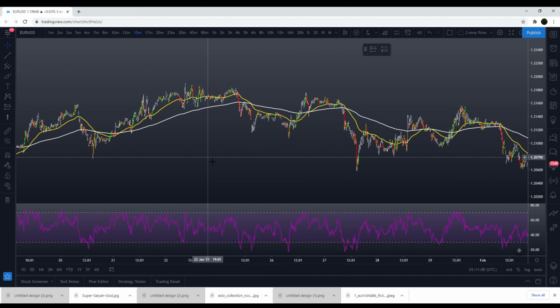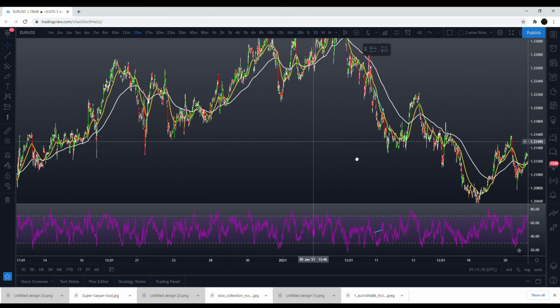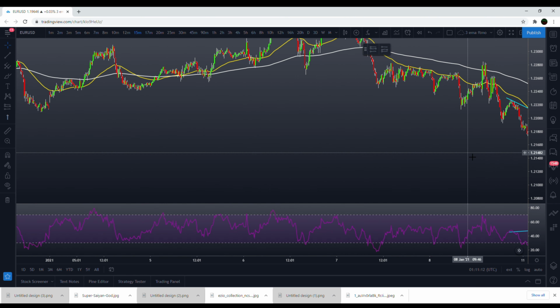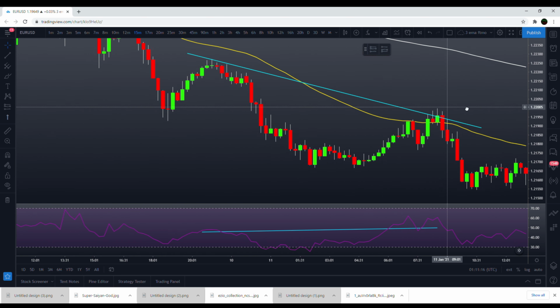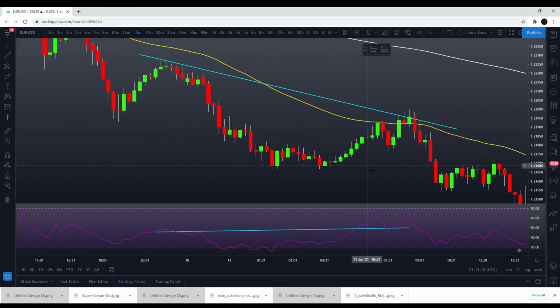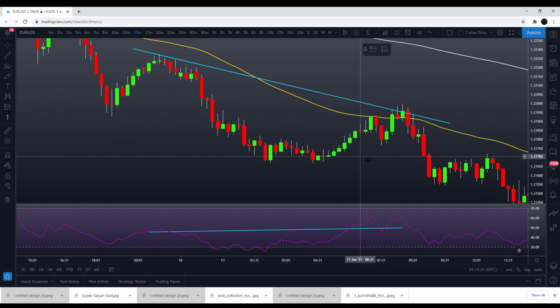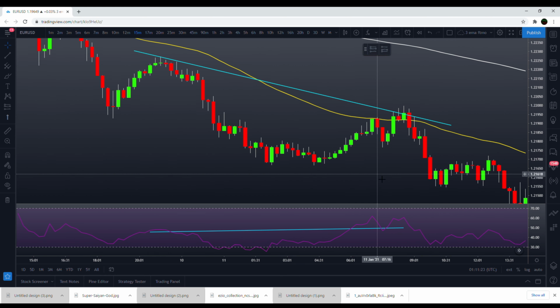Now I have to find it again here. Here it is. On the 15, you can see it's pulled back into the 50. So you can say, okay, this one's pulled into the 50. You can also say, hey, we got regular bearish divergence on the RSI here. So lower high on RSI,